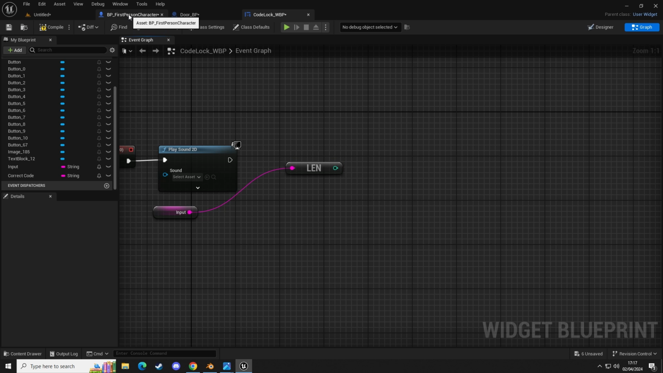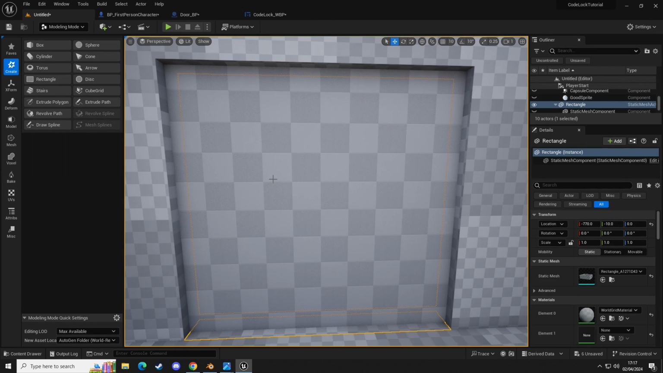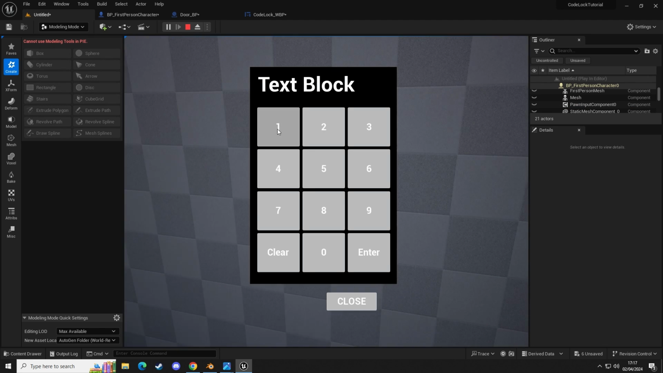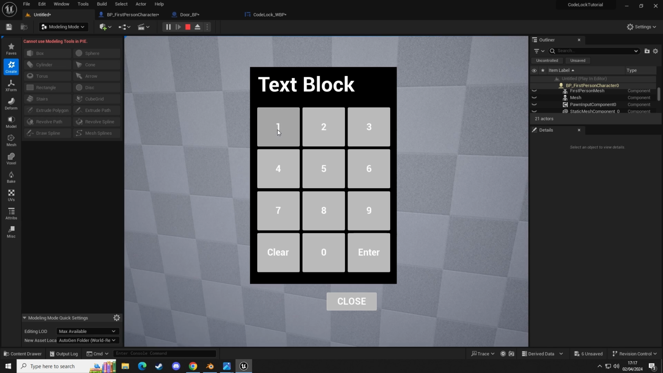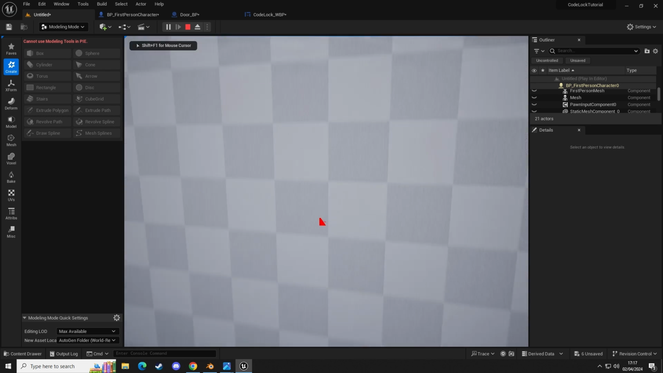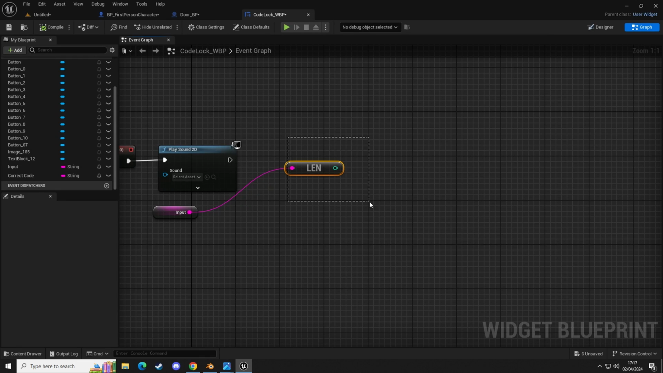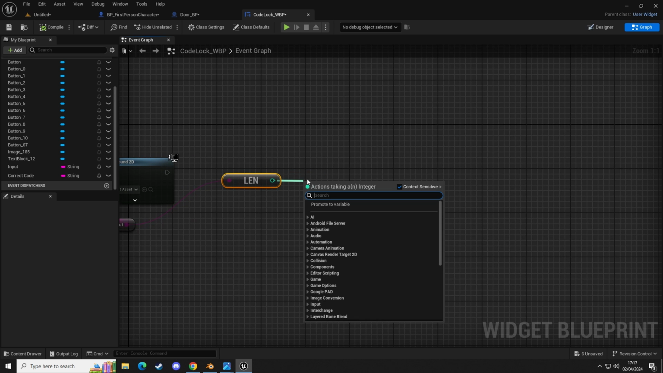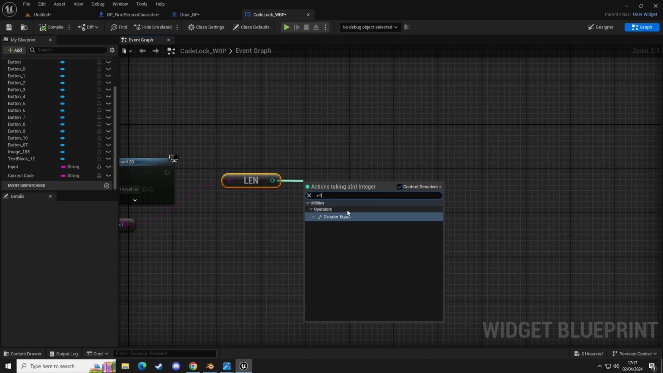Now there's a reason why. If we were to go into the game and let's do play and left click and spam 1 on the keyboard, if we were to keep clicking, it would keep placing numbers and numbers, and eventually it would start to write across the screen all the way over. So we want to clamp the length that the input can be. So to do that, we need length, and then we want a greater or equal than. So we're going to get a greater or equal,